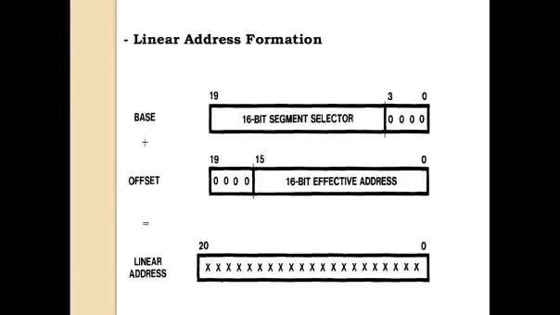When the instruction is executed, the logical address mentioned in the instruction needs to be converted to linear, and the process is that the base address, which is a 20-bit address, is added with the offset value, which is again a 20-bit value, but in both cases, that is base and offset, only 16 bits are used and 4 bits are reserved. In the base, from the LSB, 4 bits are reserved, whereas in the offset the 4 MSB bits are reserved. When we add these two values, we get a linear address, and that is a 20-bit effective address.